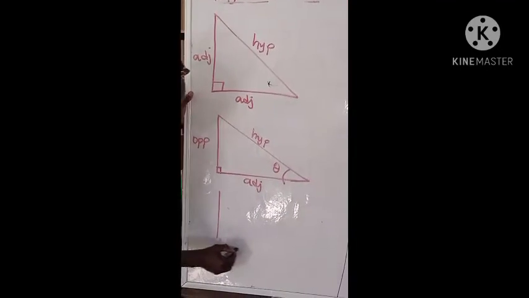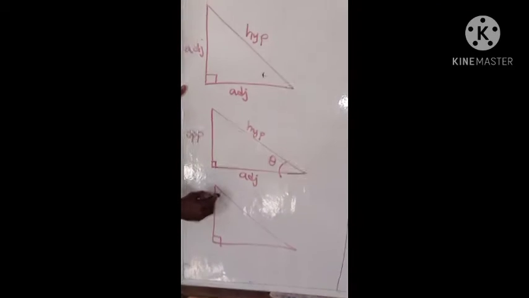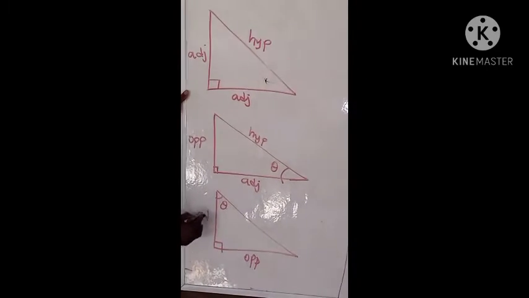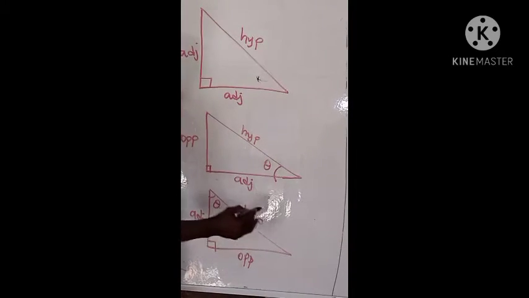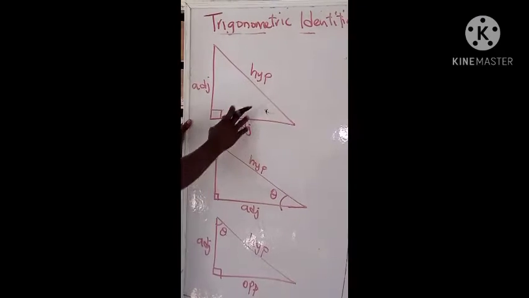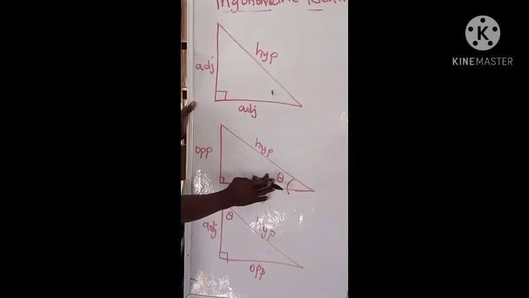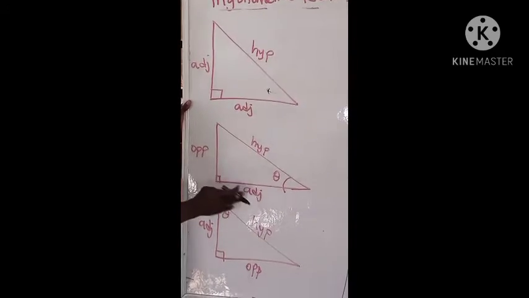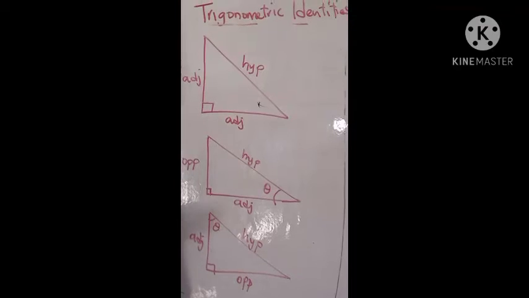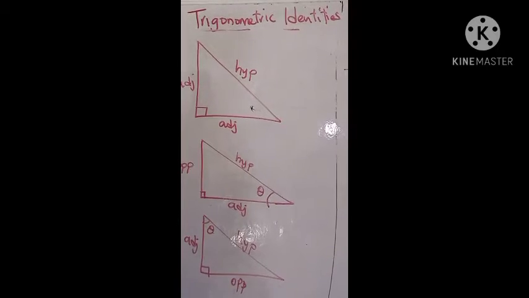The position of the angle can change as well. If the position of the angle changes to this point here, this now becomes the opposite. This is the adjacent, and the longest side remaining the hypotenuse. So if you take a general view on the right angle triangle, when no angle is introduced, all the other sides are the adjacent. When an angle is introduced, one becomes opposite and the other adjacent, as you can see here. Having understood this basic concept here, we now need to go into the main trigonometric identities.